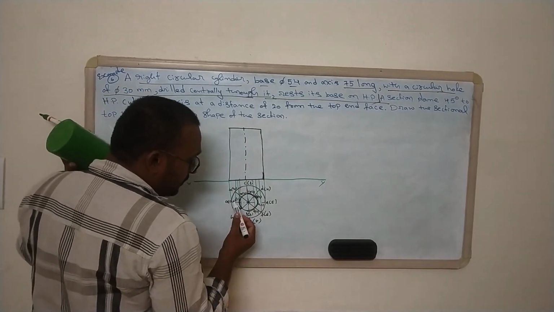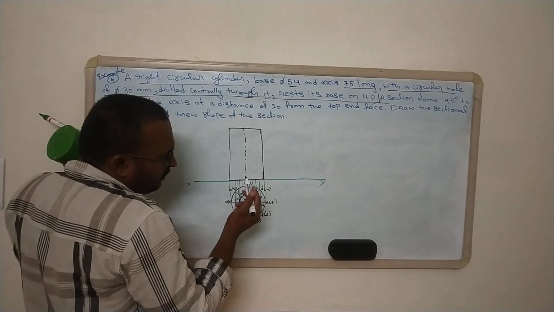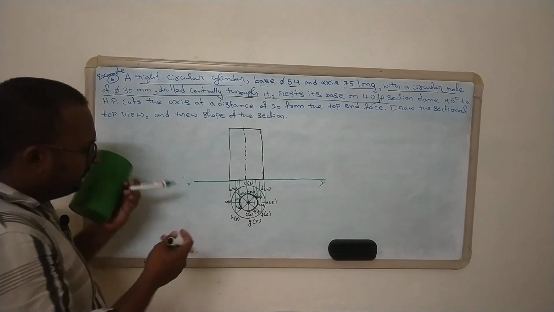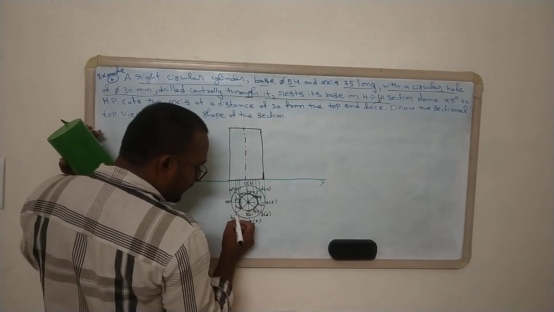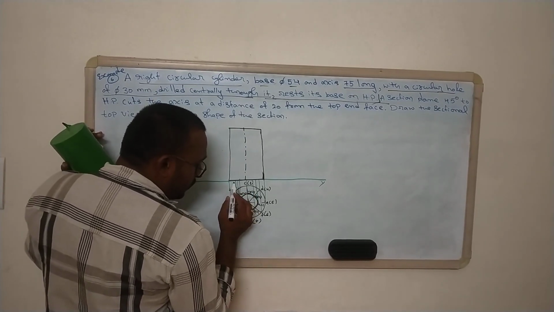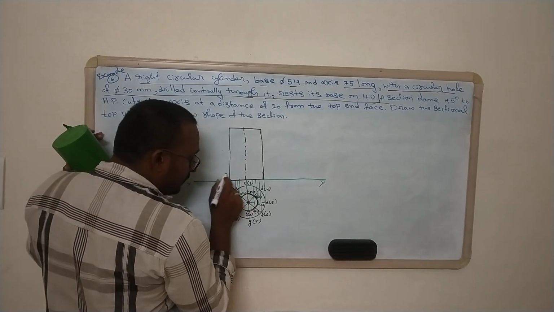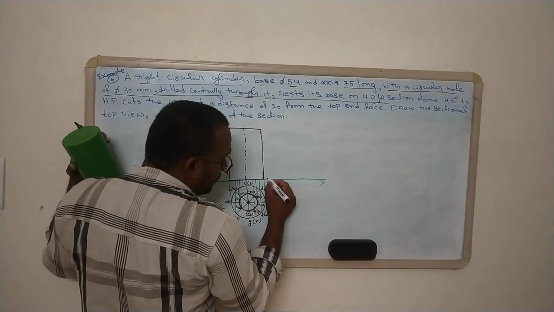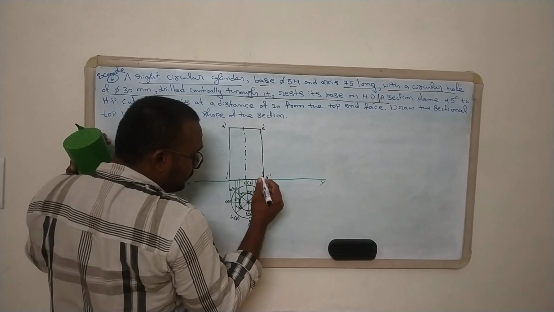And here you can observe that there are a number of points, so you need not project all of them. Only A, B, C, D is enough, but we will project all of them upwards. So here it is. On the base we will have A dash, 1 dash, A dash, 5 dash, E dash.